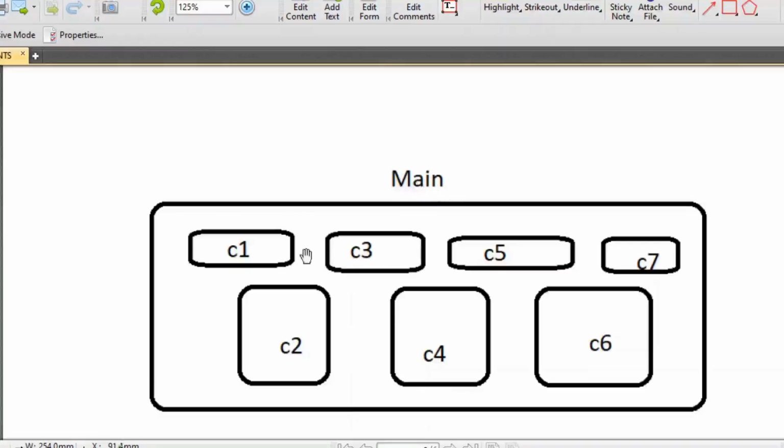C1, C2, C3 are all other components which are built in the main component. For example, consider this is a navigation bar, and C1, C3, C5 and so on are menus. C2, C4, C6 will be the content of the website. This is how the Angular application works as a whole, behind the scenes.